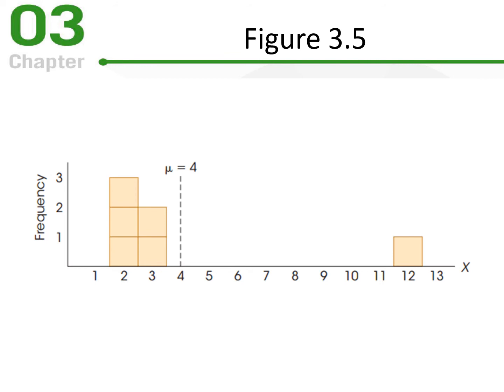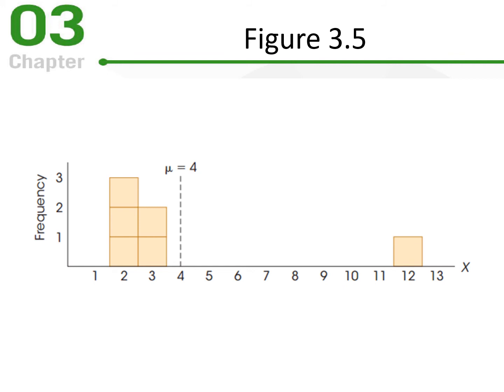It's pulling it towards it. It's saying, come here, try to balance things out. You've got to come all the way in my direction. So with a small number of data points, all it takes is one single outlier to really distort your central tendency. So 4 doesn't look like a measure of center here. 4 looks like the outlier's mean. If I were to look at the median, I have 6 blocks. I want 3 blocks on the left and 3 blocks on the right. So in order to get 3 blocks on the left, all I need to do is take those 3 blocks that have a value of 2,